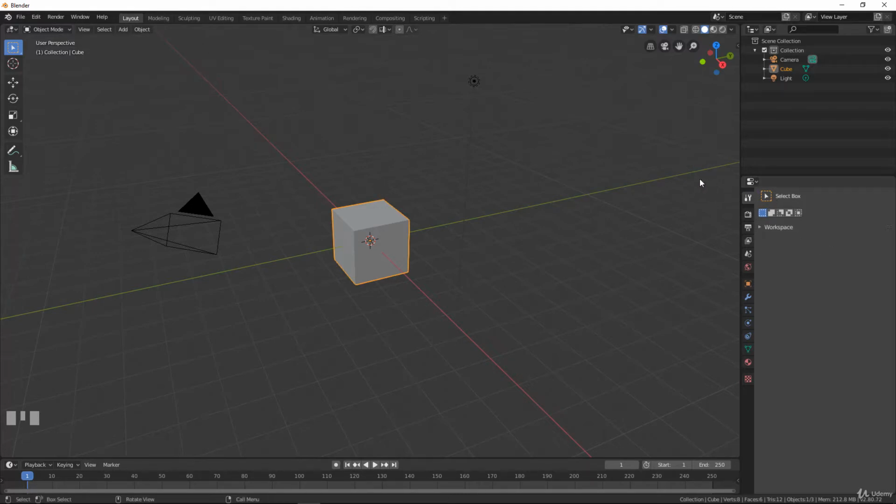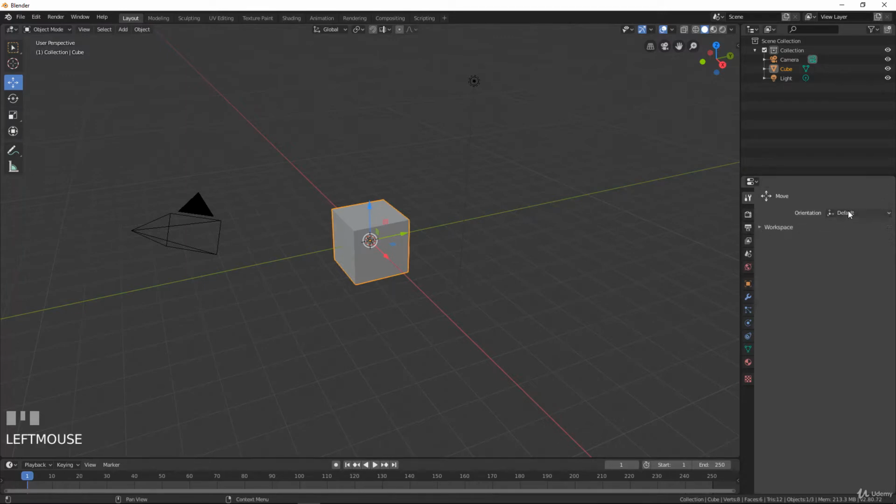The first one will give you the possibility to have more options for the tool that you are using. For now, here you have a tool that just selects by box like this. So it's a box select, okay? And you have different options for this box select. But if, for example, you choose to move the object here, okay, you have the possibility to move the object